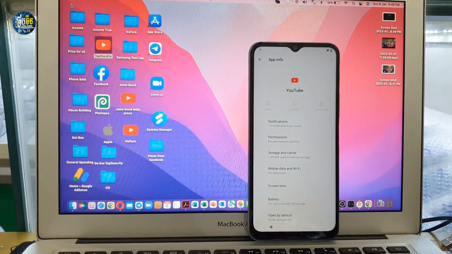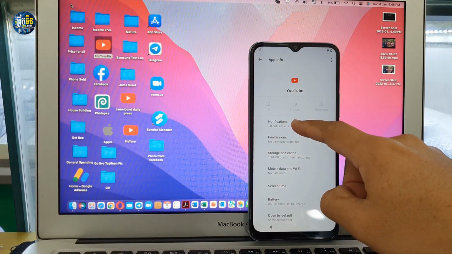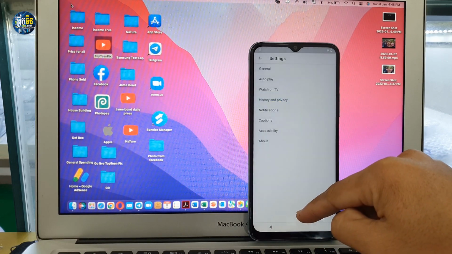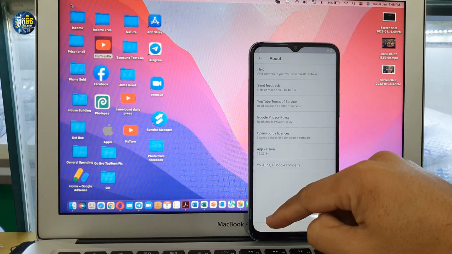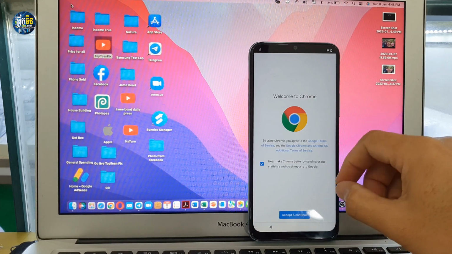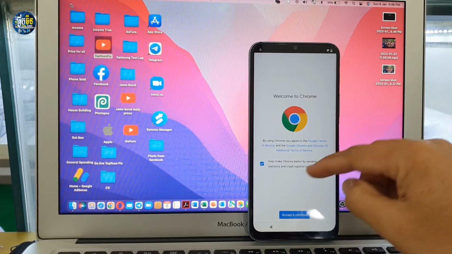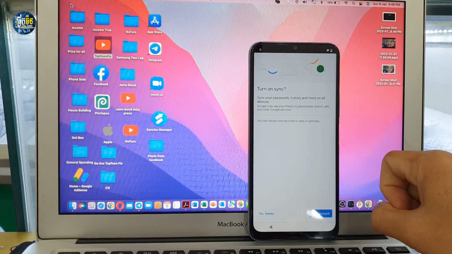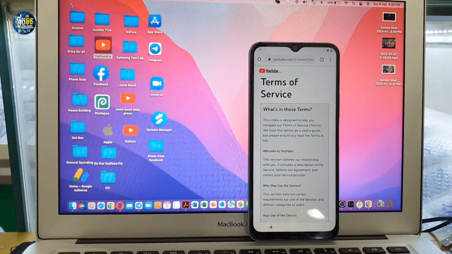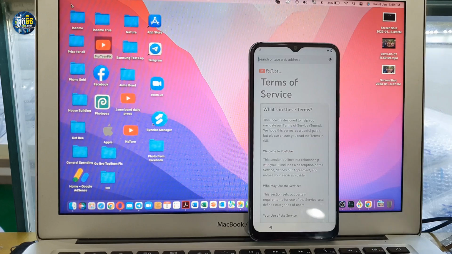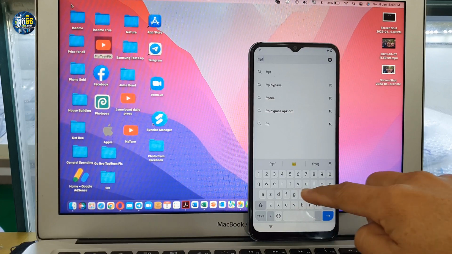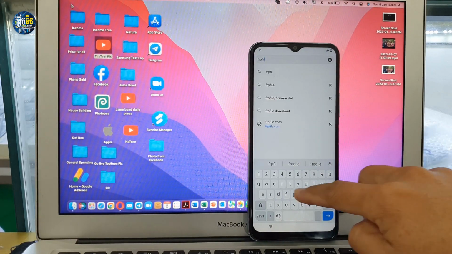And right here you need to select notification and additional settings in app and about and YouTube terms of service, and then it will direct to the Chrome where you can open a website. So accept and continue, no thanks. Right here is Chrome that you can type a website. You need to type a link, FRP file bypass, FRP file